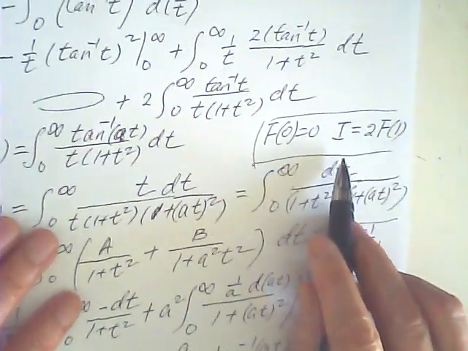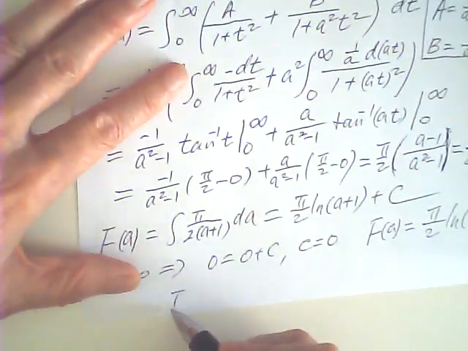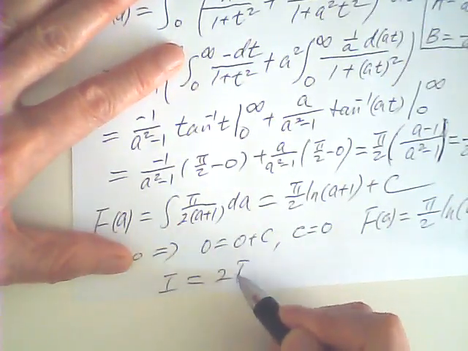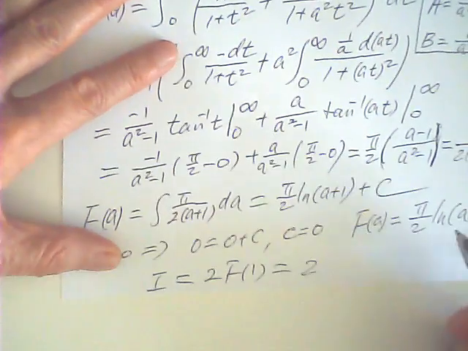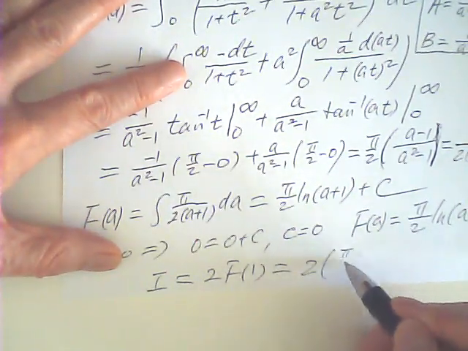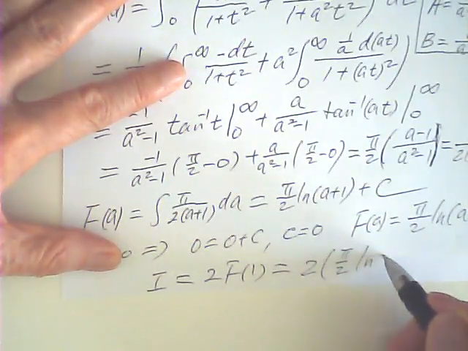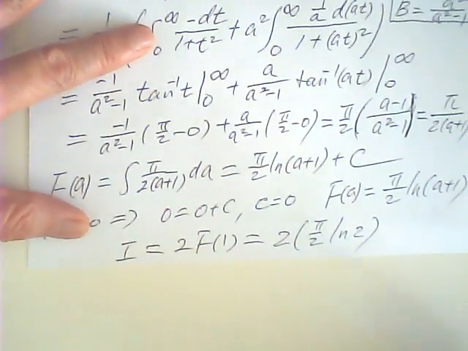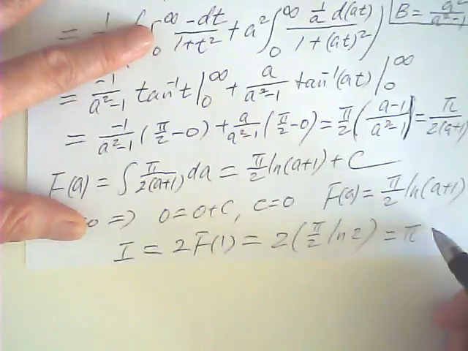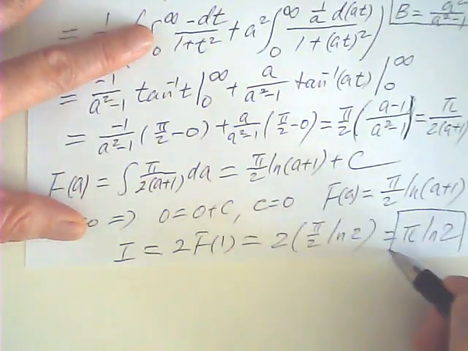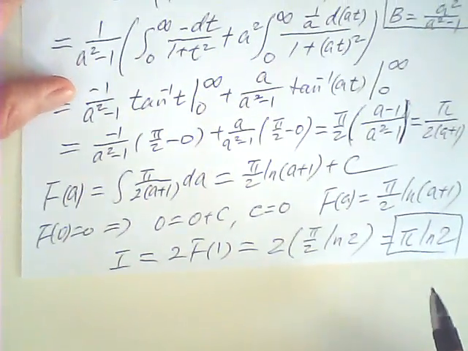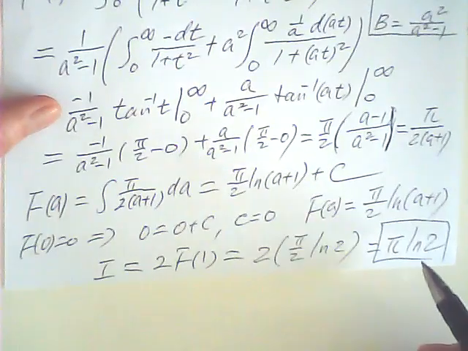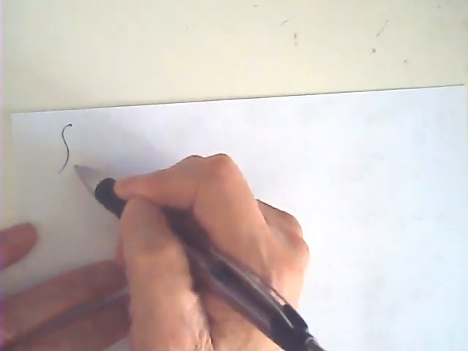Now my target integral is 2 f of 1. So my I is equal to 2 f of 1. So 2 times f of 1 is this, right? Yeah. So finally I get the answer is this. This is my integral by method 1. Very nice method. Now method 2,